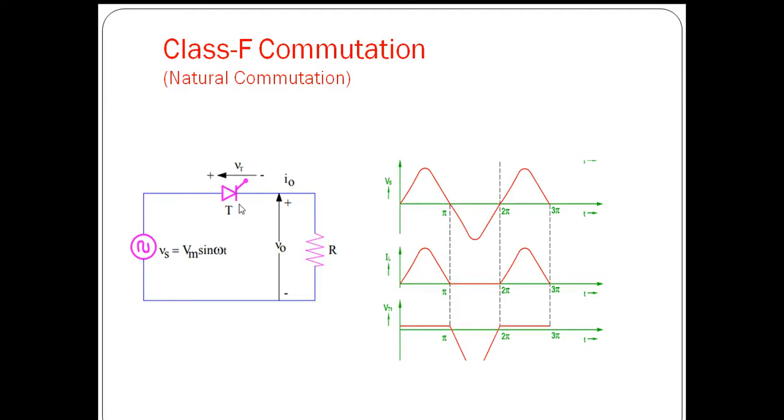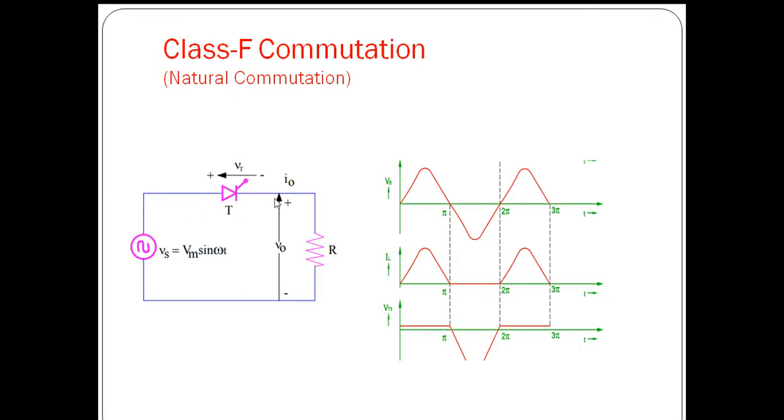So let us assume we are applying a firing signal to this SCR at the time instant alpha is equal to 0. At 0 only we are applying the firing pulse and we are observing how the circuit will be operating. So this supply Vs will be increasing from 0 to pi by 2 maximum as we provided gate pulse to the SCR and it is already forward biased. The device is already forward biased during the positive half cycle. Gate signal is applied. So the device will be in conduction.